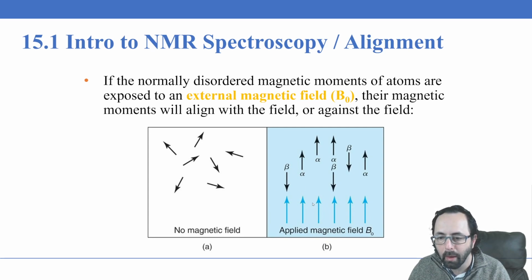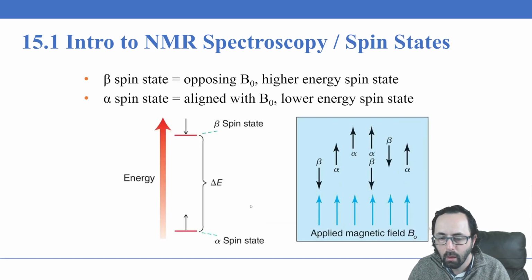And so basically by exposing them to this magnetic field, it's kind of like the North and the South Pole. We're going to have a spin aligned with the magnetic field or opposed to that magnetic field. And so they will no longer be disordered in this way. When this occurs, you have two separate states for the nuclei, the so-called alpha state, in which the magnetic field is aligned with the external magnetic field, and this is a lower energy state. And then you have the beta spin state, which is opposed to the external magnetic field and has a higher